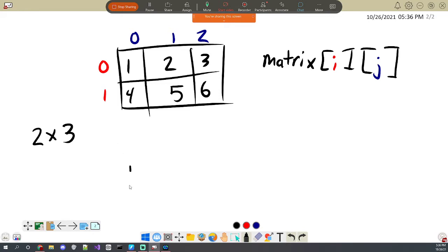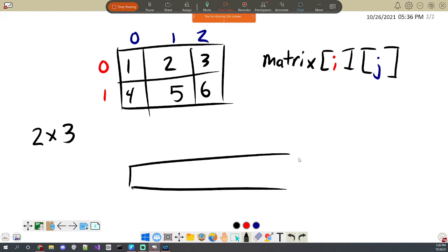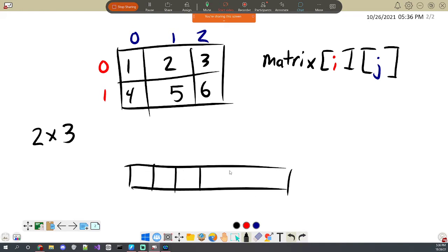And so what actually happens in memory is that it allocates these 6 things all one right after the other: 1, 2, 3, 4, 5, 6. And so these things are all row 0, and then these ones are all row 1.